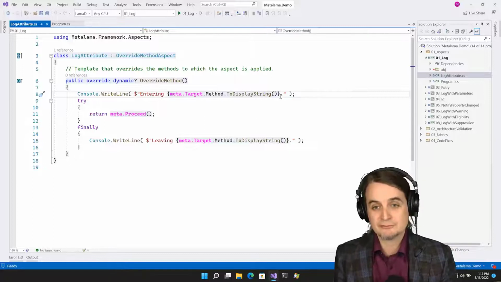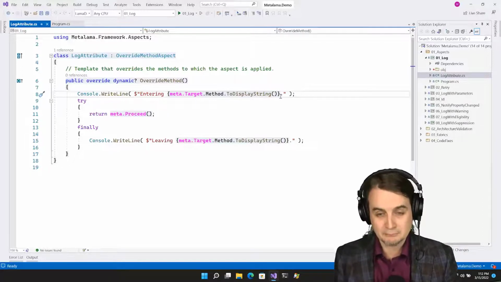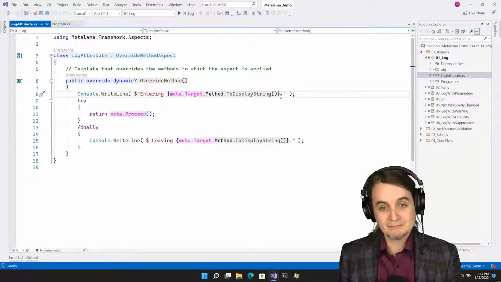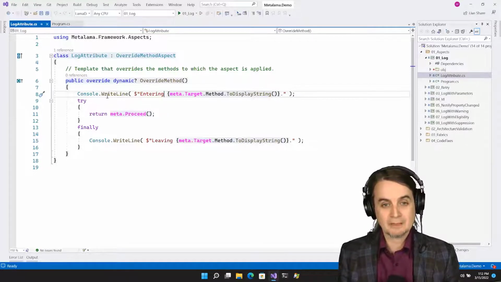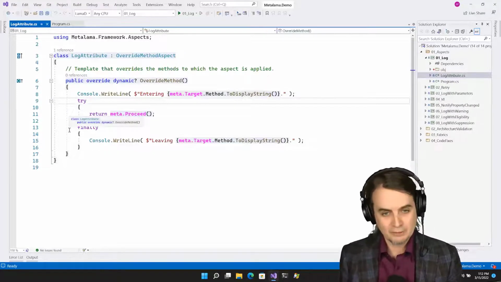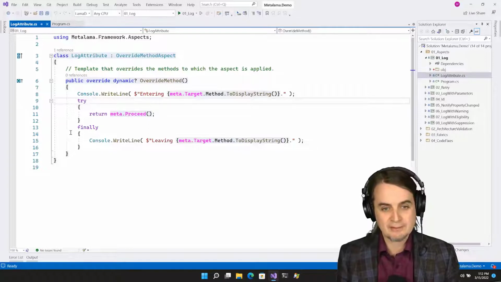So everything that is grayed out here with a gray background is evaluated at compile time. So we have a method template where the compile time expressions are grayed out, and the rest that has white background are runtime statements and expressions.